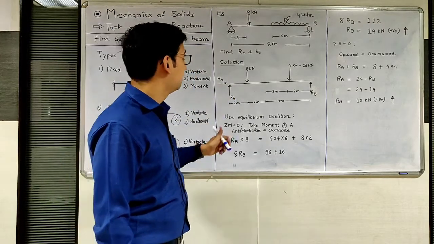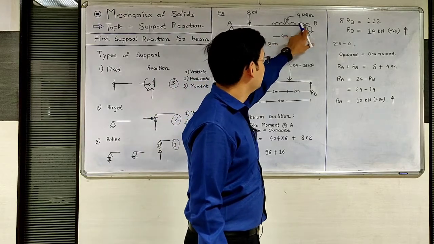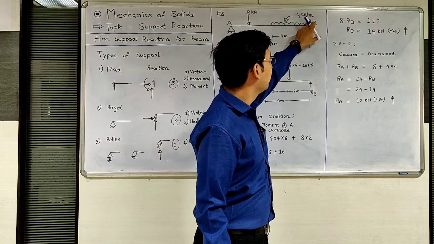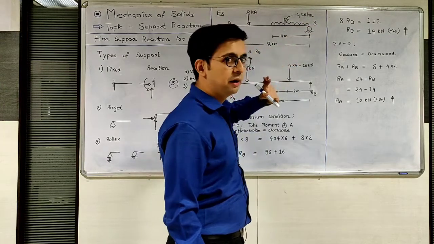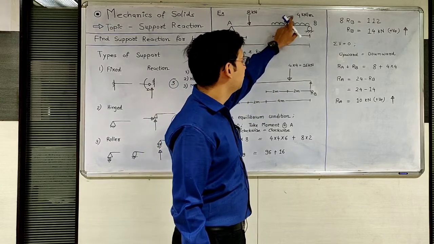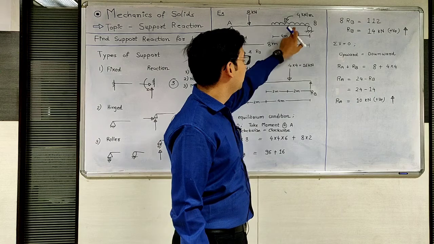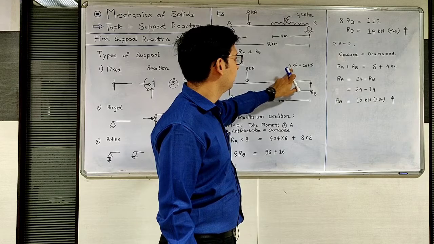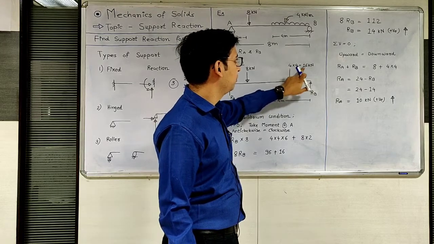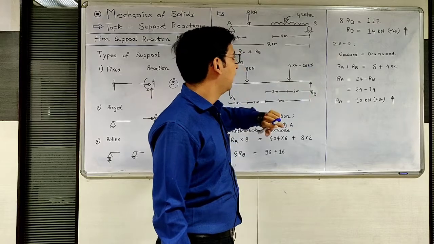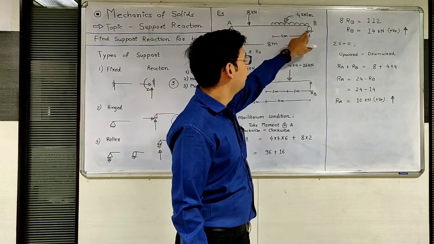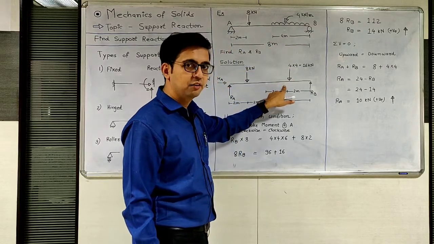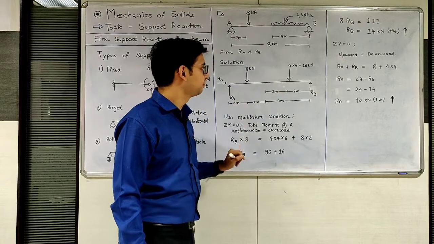So in free body diagram, convert this UDL into point load. Here UDL of 4 kN per meter is given over a 4 meter span. UDL to point load conversion will be done by multiplying the span length with UDL intensity. So UDL intensity is 4, span value is 4. So 4 into 4, 16 kilonewton, and apply that at the center of UDL span. So 4 meter is UDL span, so apply at center of UDL span. So it is 2 meter.